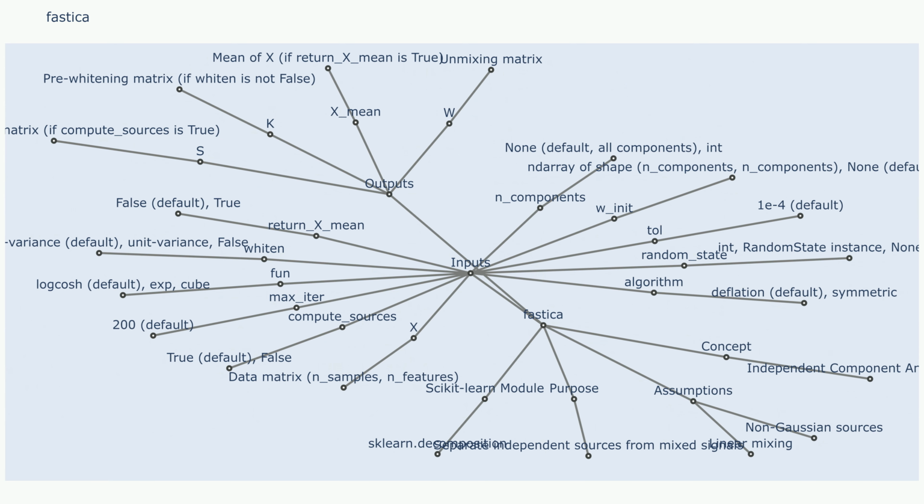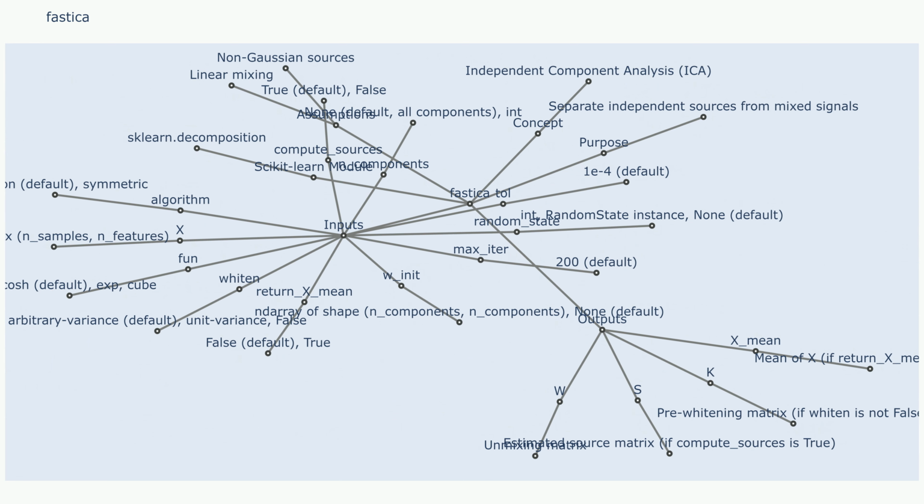In conclusion, FastICA is a powerful tool for independent component analysis, offering a robust and efficient way to extract hidden factors from multivariate data. By understanding its principles and parameters, you can effectively apply it to various domains, unlocking valuable insights and enhancing your analysis. Remember to carefully consider the assumptions, limitations, and evaluation techniques to ensure reliable and meaningful results.